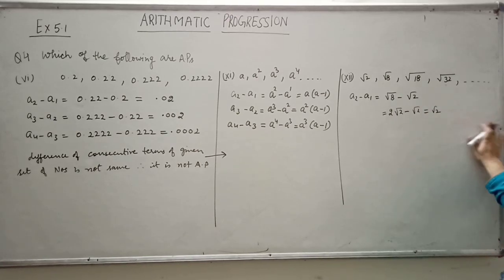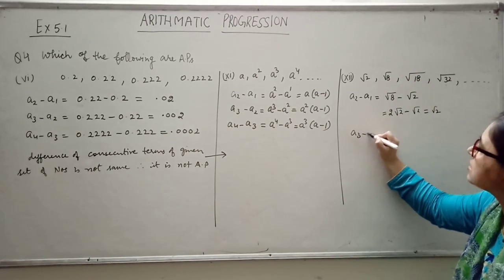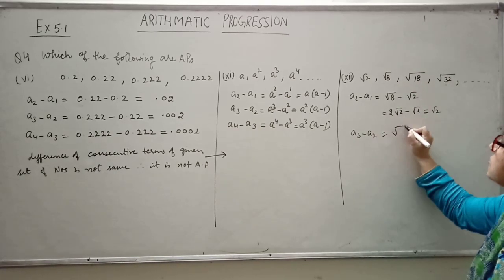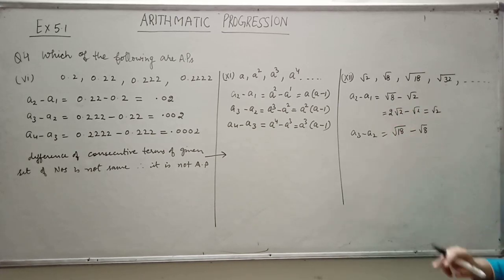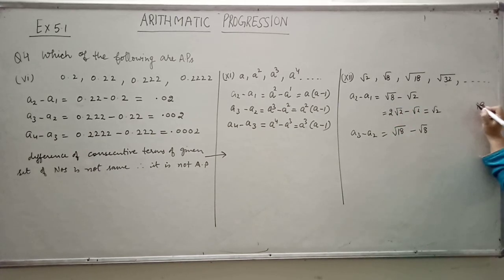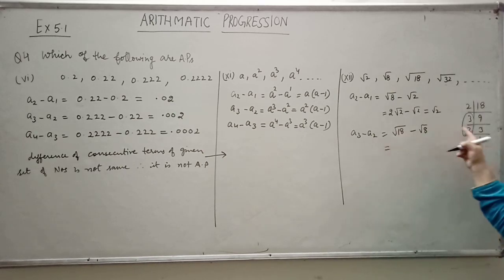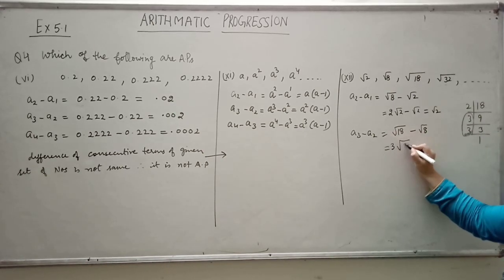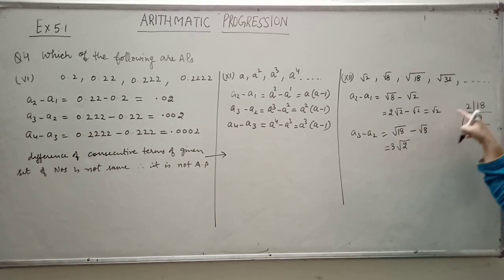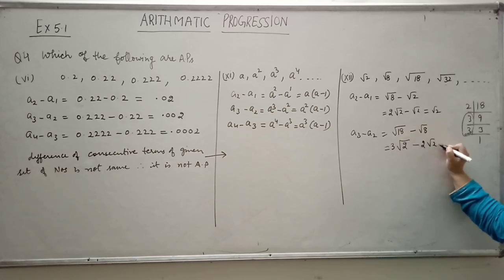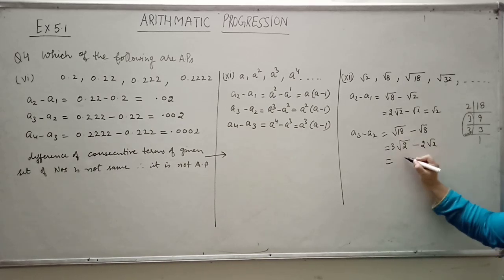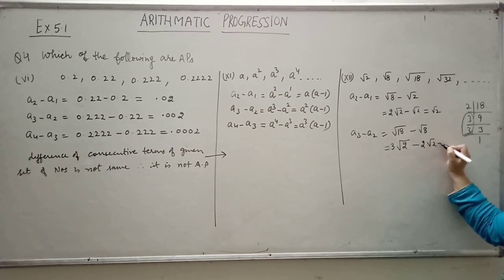Okay. For next now, this is A3 minus A2. What is A3? That is root 18 minus root 8. Okay. Root 8 तो we know that is 2 root 2. But what is root 18? Let us check it. So this is 2 9s are 3 3s are 3 1s are. तो 3 के ये pairs बने. So 3 will come outside of this square root sign. So this 3 will come outside. 2 will remain inside. Minus root 8 is 2 root 2. So this is 3 root 2 minus 2 root 2 is 1 root 2. So you can write this is root 2.